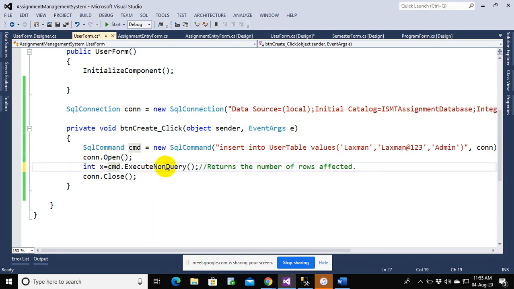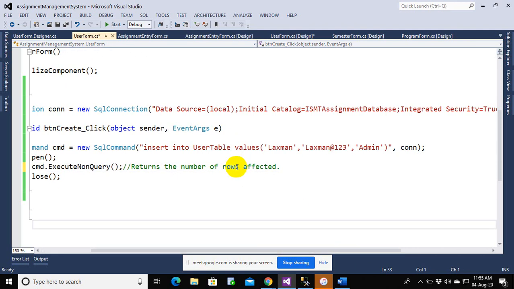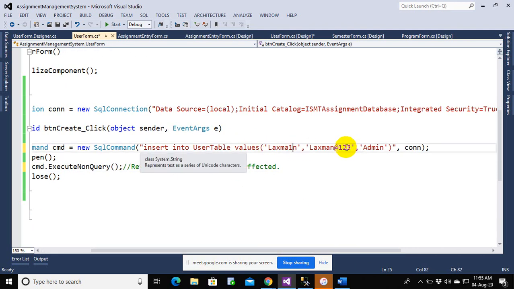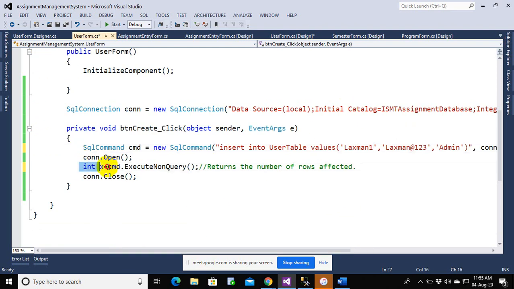I can do int x equals cmd.ExecuteNonQuery, but since I cannot have a duplicate user, I need to pass it one. Let's say this one. The rest of the things will be as it is. Now the value will be stored inside x, and I can check if x is greater than 0, which means the number of rows affected is greater than 0.